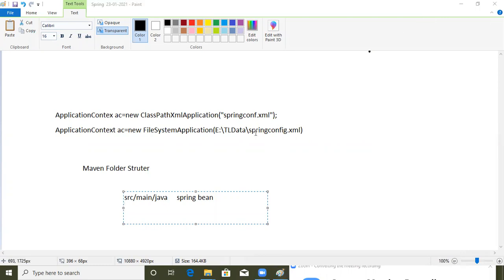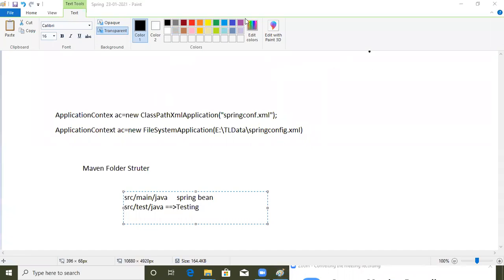Right. Okay. So what is the second folder? Second one is src, and in that there is test, right? We will write tests to test our application: unit testing, real-time unit testing, Mockito mock testing, all those things. Those test cases we write in this folder. For this folder, Maven has given it for unit testing purposes. After that, they have given one more folder, where we will write what?